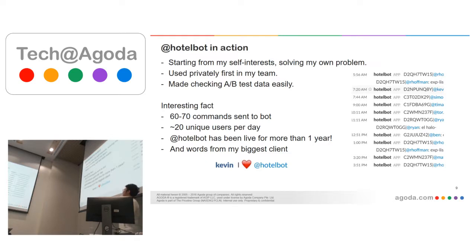Hotel bot, this one is like the log of the bot, starting from very little traffic. At first, when I launched the bot, there were not many users. Firstly, it was used only in my team, and checking this data was very easy. For example, I code something and launch it on the website, and I want to see how it's doing.